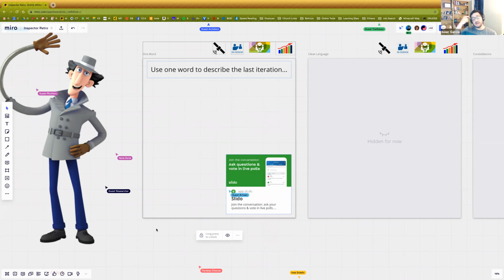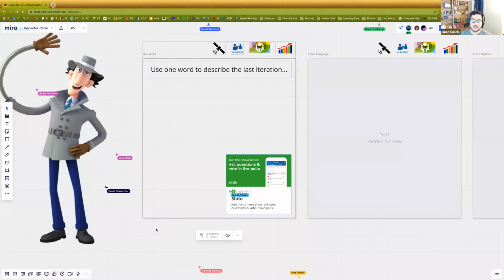So maybe you have a team that already talks, everybody's all friends, they have great camaraderie, and that's great. This should be really fun. But maybe you have a team where some people talk, some people dominate the conversation, some people never say anything, some people don't trust others. This is a great way to bring everybody in and just have them start talking.